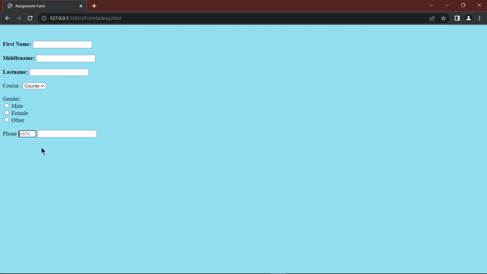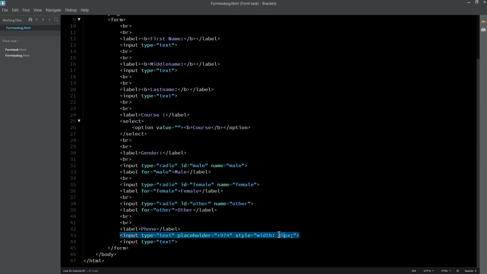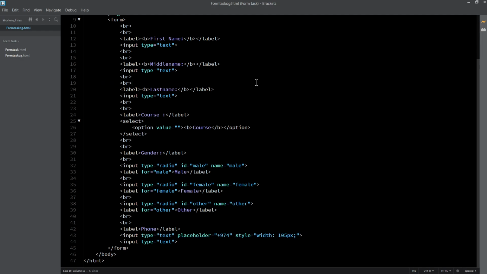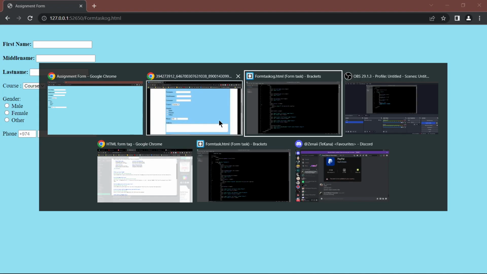And some people might ask, how do you know the exact width of that? I don't know, bro. I just experiment. Literally, if you put it to 105, it'll be like this. Pixels means per pixel. My entire screen is 1080 pixel by 1920 pixel. So one pixel is probably like one dot. Okay, we put 45, and then